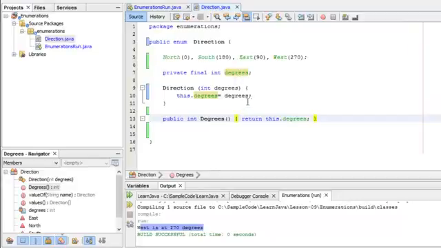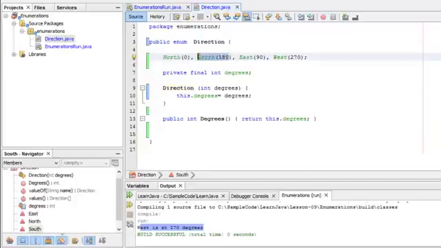What might not be obvious to you is how this works. So let's just kind of digest it one more time together. North 0, south 180. What is that really now doing? It's really calling this. So north, degrees are 0, so that when I ask for degrees from north, it gives me 0. That's why it's a final, is I cannot change these values. They get initialized when Java builds the program. There's no way for me to make up some new